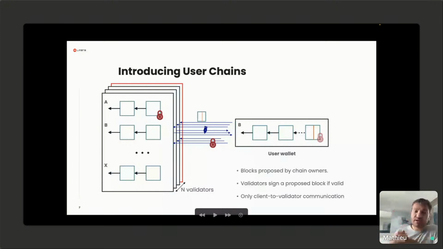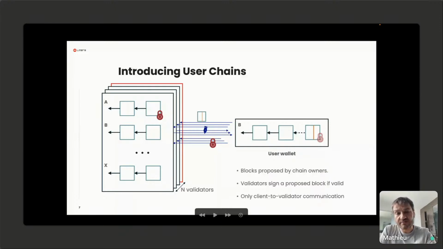The nice thing about user chains is that, in the simplest case, you have a very simplified protocol to extend your user chain that doesn't require a full consensus protocol. The protocol essentially is the following: the user puts together a few transactions in a block, describing what they want to do with their account, and then broadcasts the block to all the validators in parallel. If the block is valid, the validators sign a statement that says this block is a good extension of the chain,